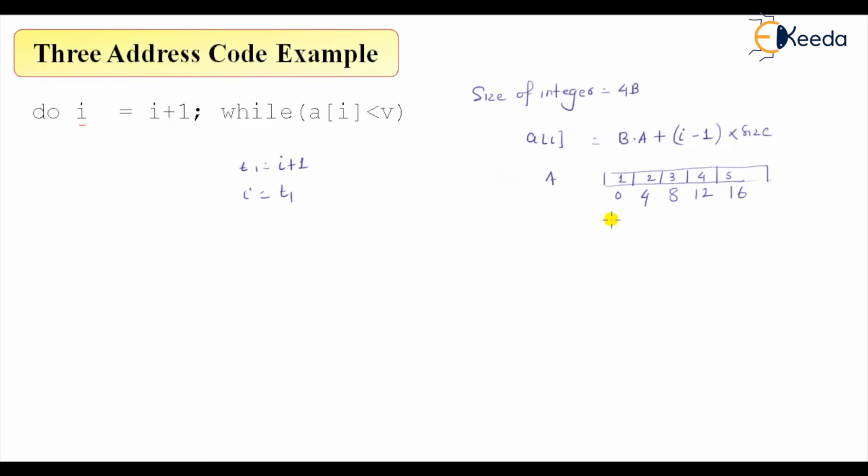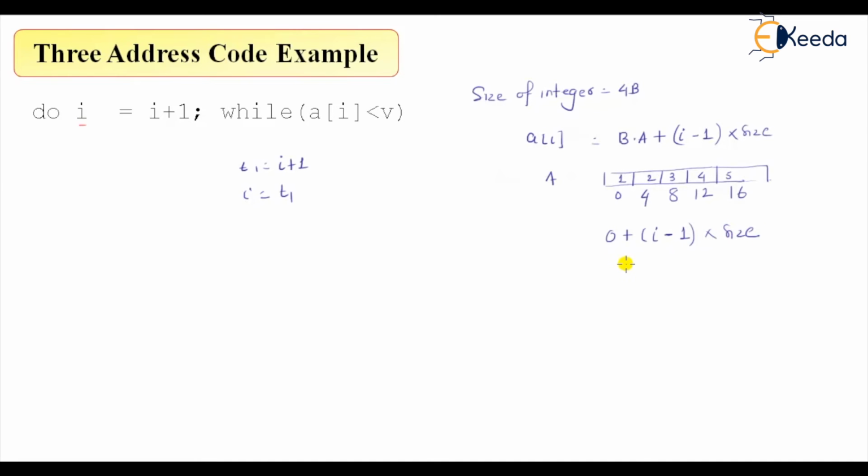So if the base address is 0 and I want to access the second element, I have to write I minus 1 into